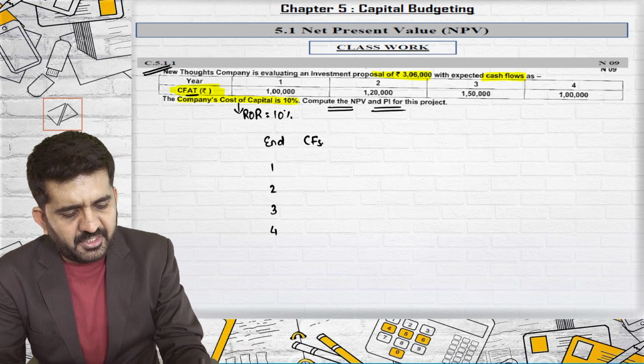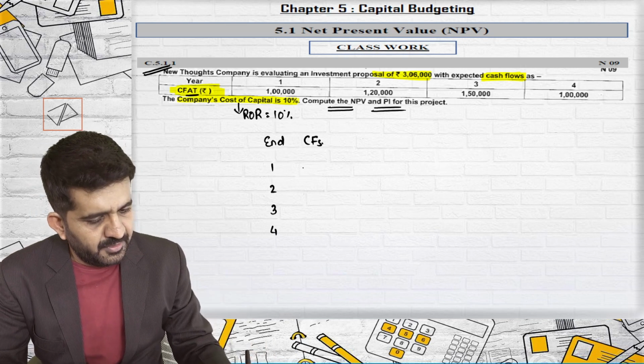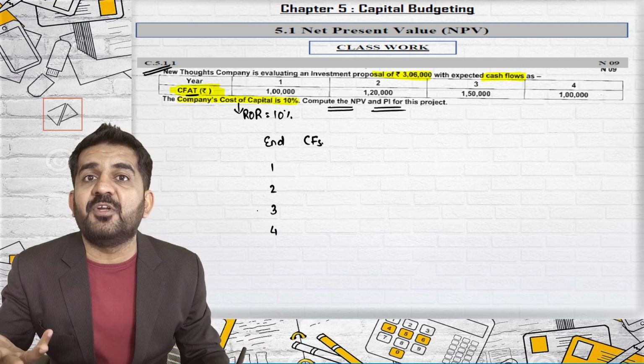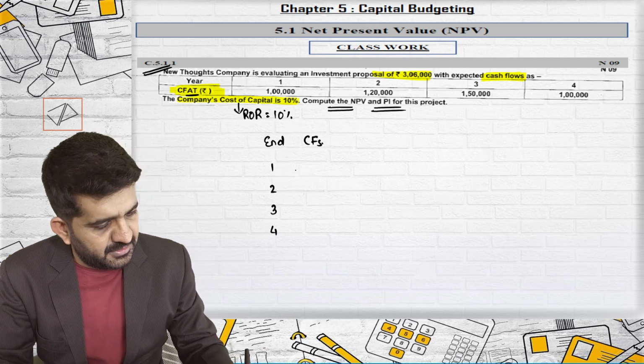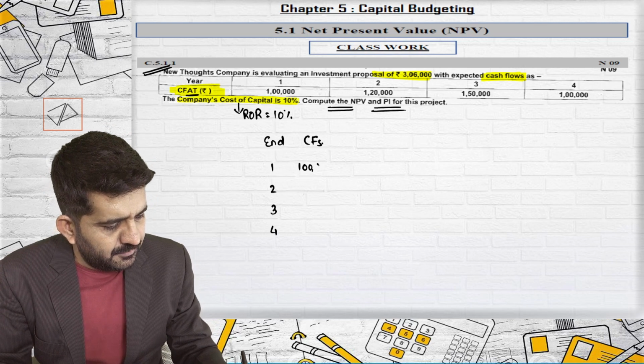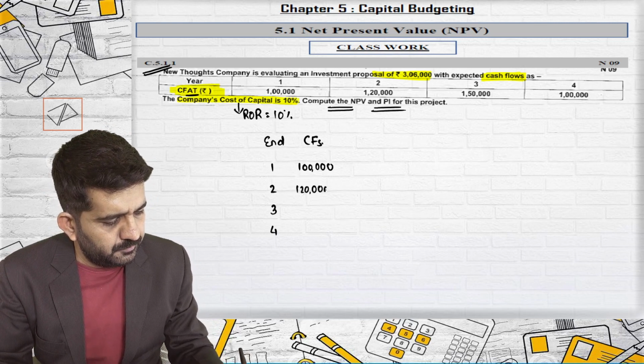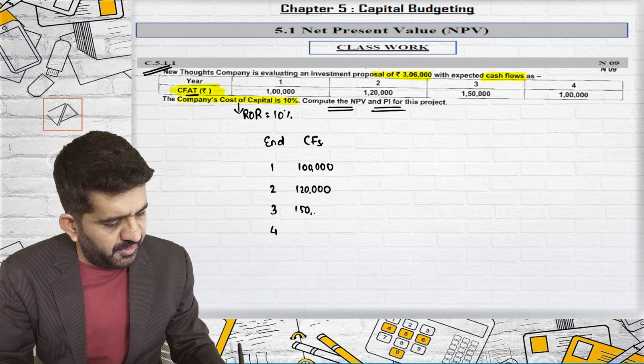Nothing is to be done. They are after tax. Sir, we don't need to add depreciation. No, they are cash flow after tax. They are not profit after tax. So it is 1 lakh, 1,20,000, 1,50,000,